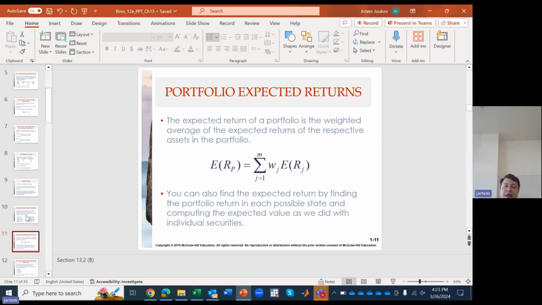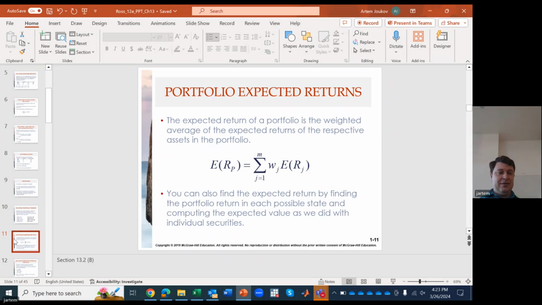All right, so now, once again, here's a different way to weight this equation. Now you've got a situation where you've got investments 1 through M, where J equals 1 through J equals M. And we're going to take their expected returns, right? And we're going to weight those respective returns by the weight of that stock in your portfolio. When you sum all of those weights times returns, you get the expected return for the entire portfolio.